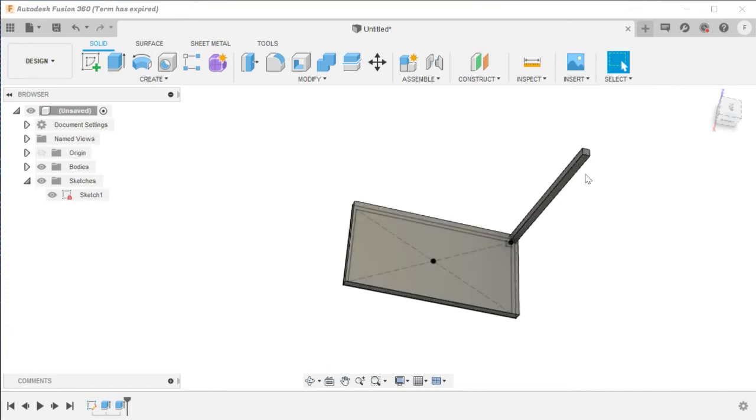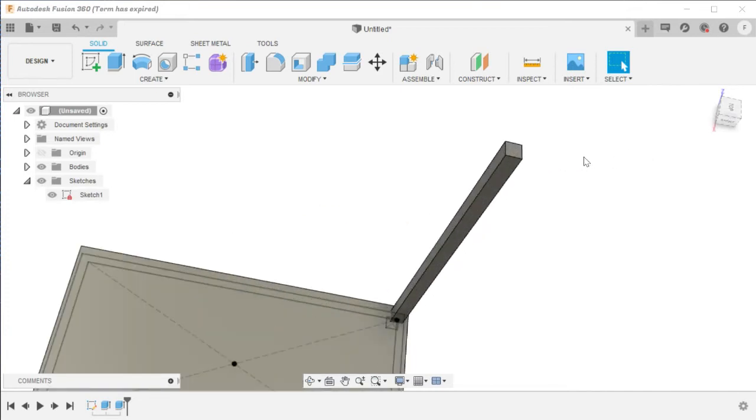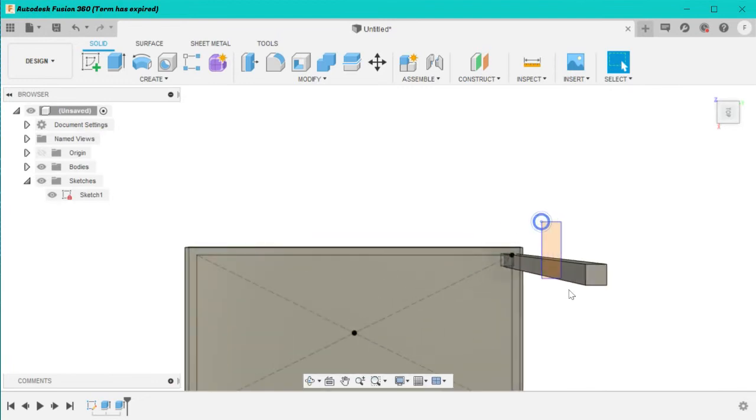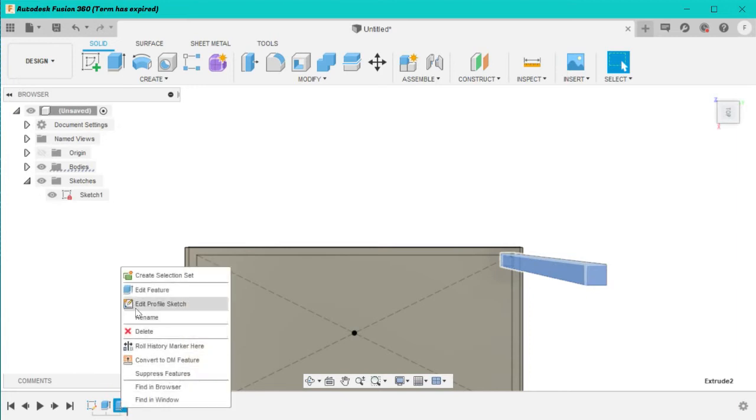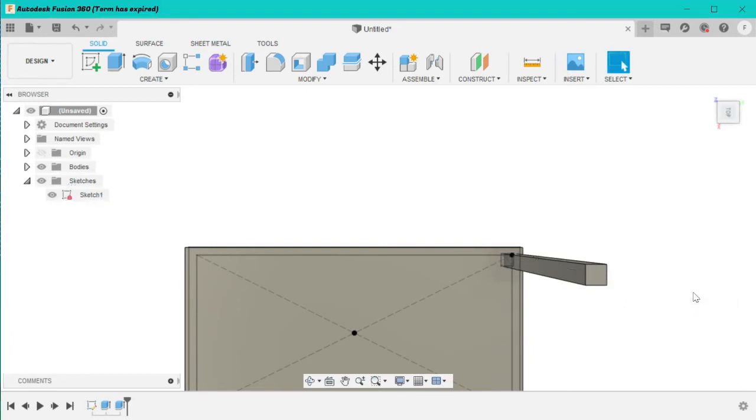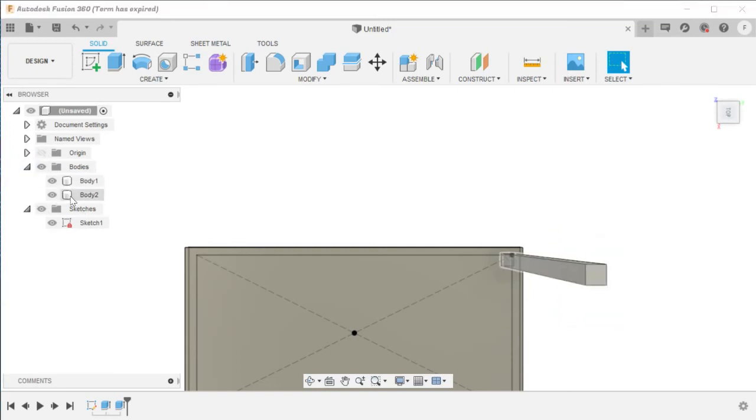So I think now we have to change some dimensions of the leg. Okay. Click on the timeline and click edit feature, and then divide the lengths. But I think there is no need of creating lengths. Check the body